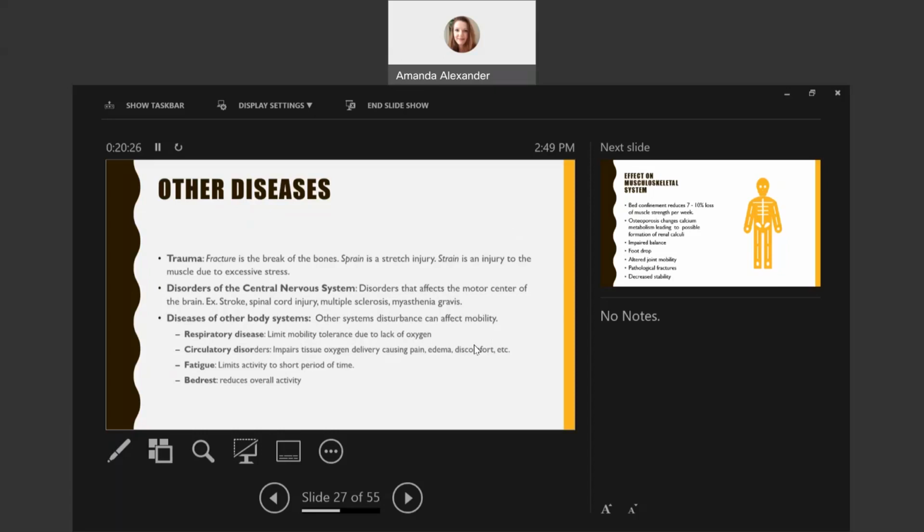Management involves cold and heat application, exercise with activity limitations, anti-inflammatory medications, and muscle relaxants. Surgical repair may need to be had if they have a ruptured muscle or tendon. This is a strain. If a patient is experiencing a sprain, S-P-R-A-I-N,